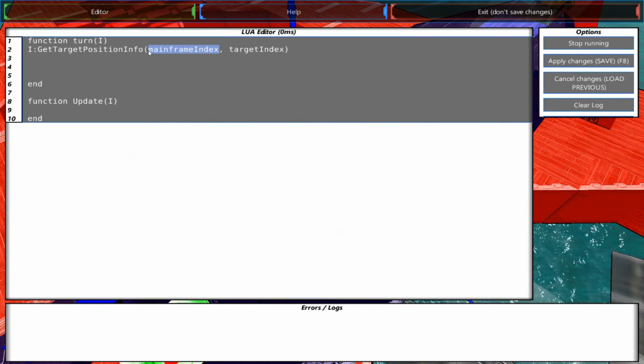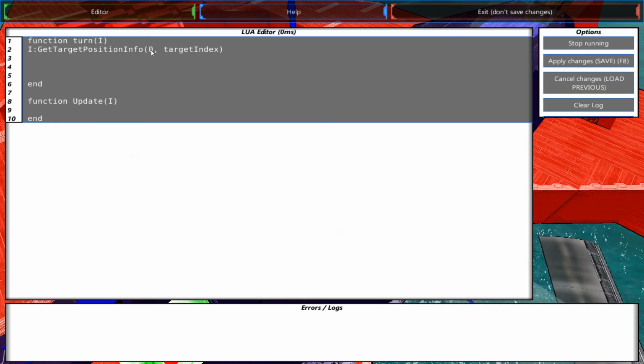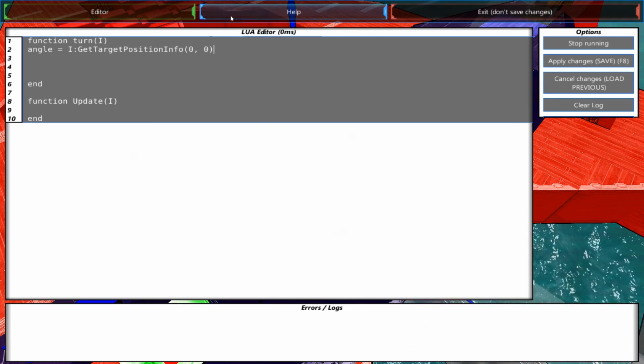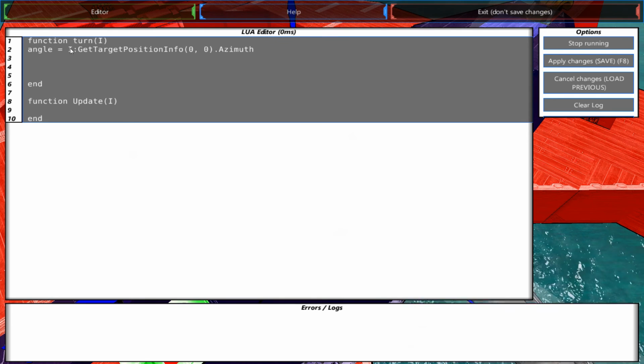As the mainframe index, I will insert 0 because this vehicle has only one mainframe, and the mainframes are indexed by the order you put them down. 0 being the first you put down. Target index is also 0, the first target. By doing get target position dot azimuth, I call the azimuth object, which is the angle, and I name this